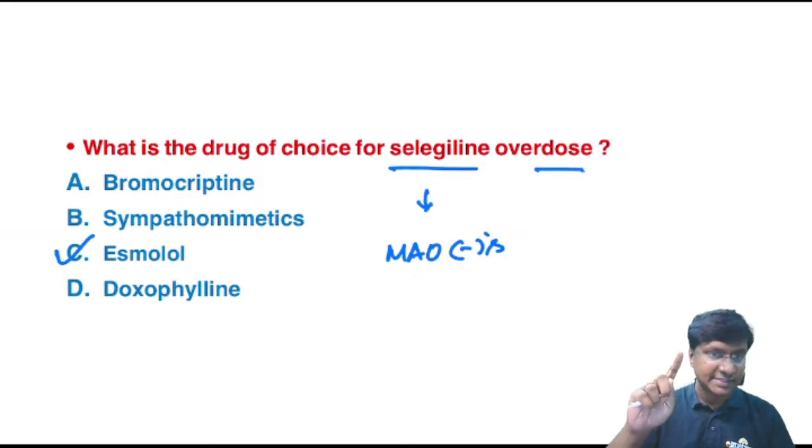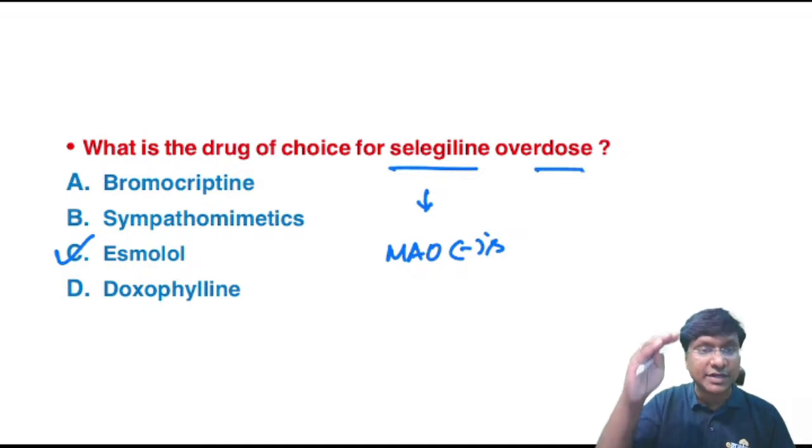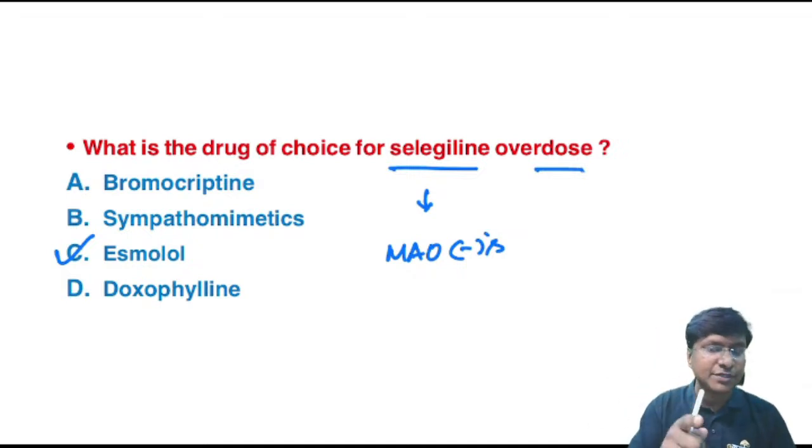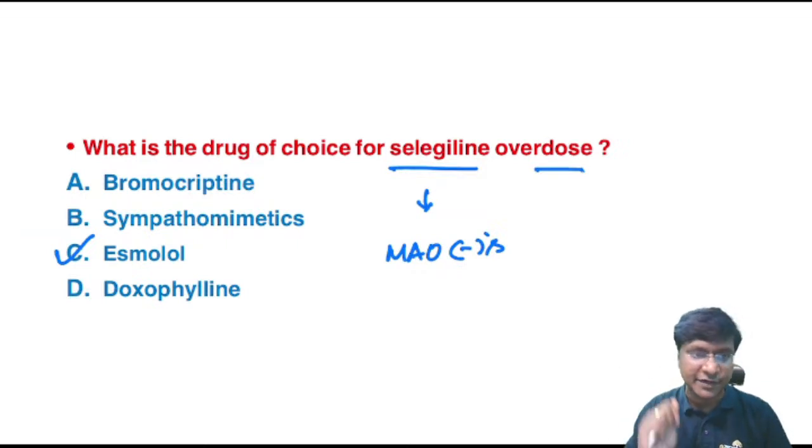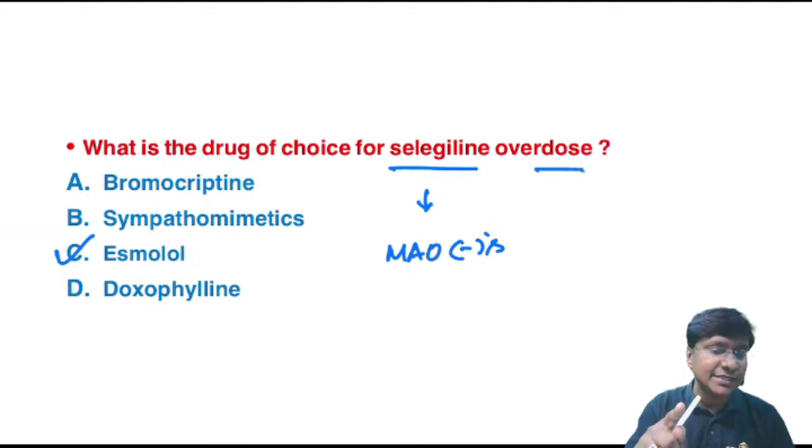Now, we have discussed four important groups of drugs: sympathomimetics, ergot alkaloids, methylxanthines, and monoamine oxidase inhibitors. In all these four classes there will be physiological stimulation. That means there will be tachycardia, hypertension, agitation, delirium, anxiety. So in all of these groups we need to give drugs which will reduce the sympathetic activity. In case of sympathomimetic overdose like phenylephrine, we give phentolamine as the drug of choice. For ergot alkaloids, the preferable drugs are again an alpha blocker, prazosin, or nitroglycerin or nifedipine. Methylxanthine overdose, esmolol. Monoamine oxidase inhibitor overdose, esmolol.